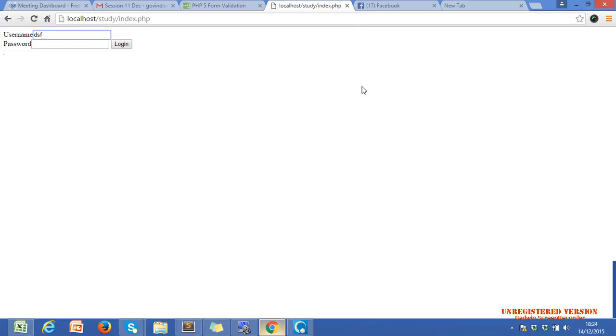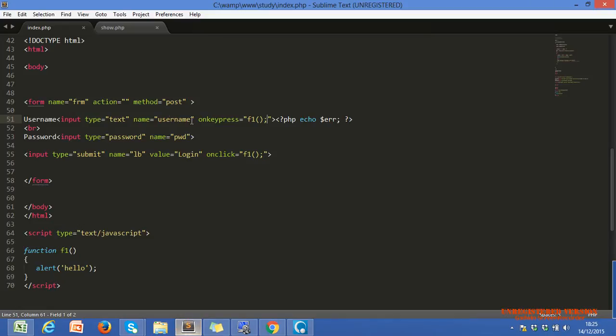Did you notice that? Also on click shows the same message, because in both events, the login button's onclick event and the key press event, we call the same function. So this is calling a JavaScript function within our tag.